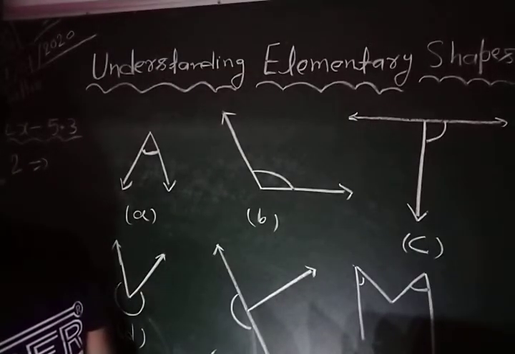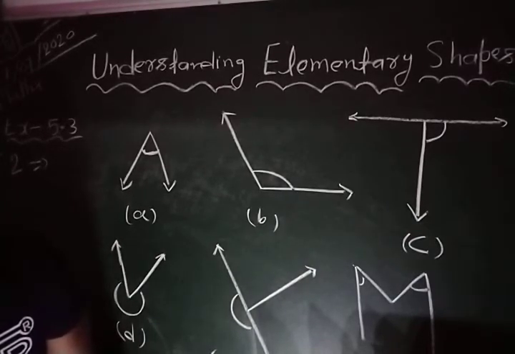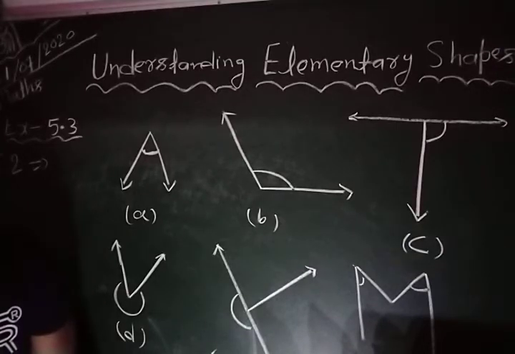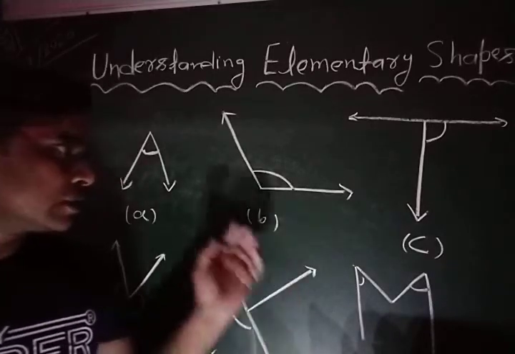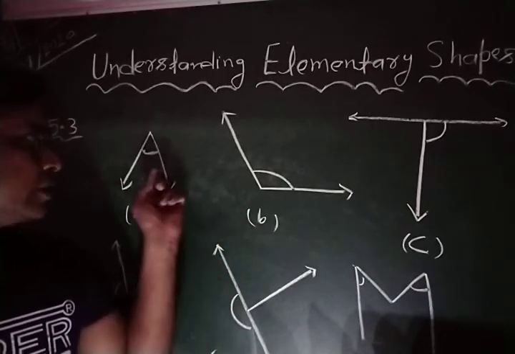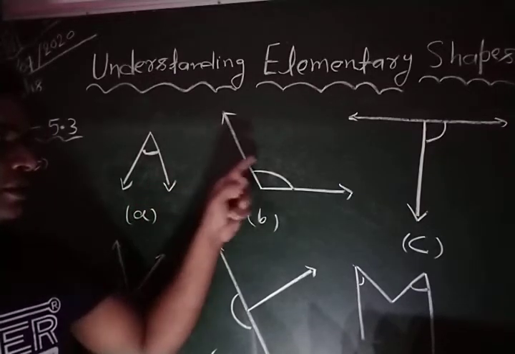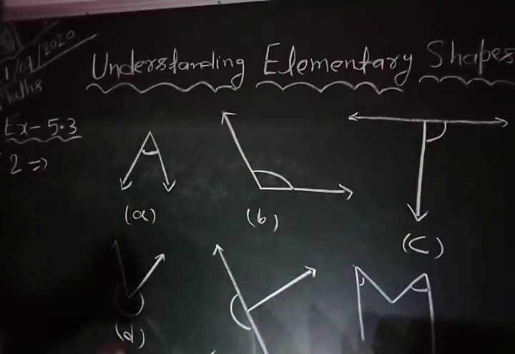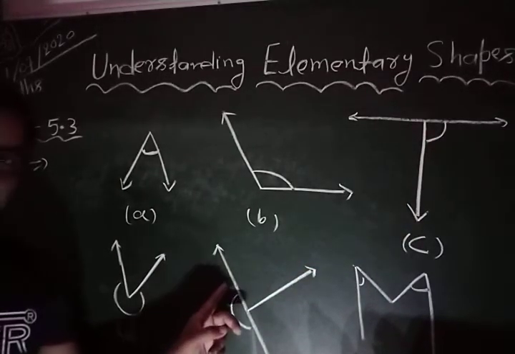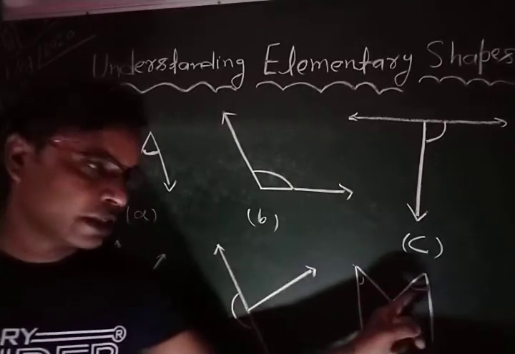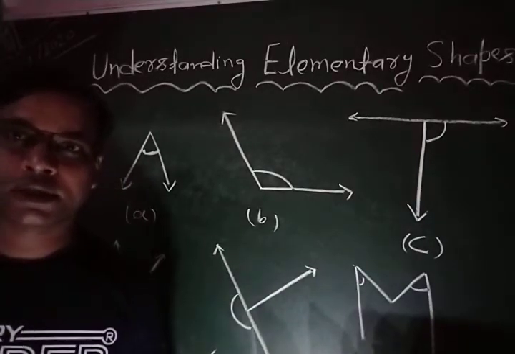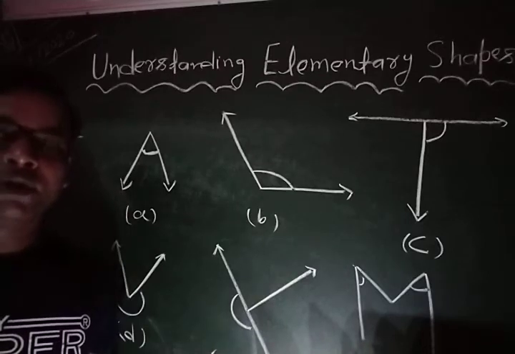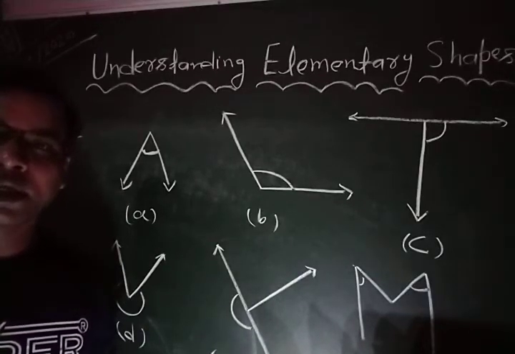Students, this is the second question, and it asks: classify each of the following as right angle, straight angle, acute angle, obtuse angle, and reflex angle. So you can see this is an acute angle, this is an obtuse angle, this is a right angle, and this is a reflex angle, this is a straight angle, and both angles here and here are acute angles. Clear?